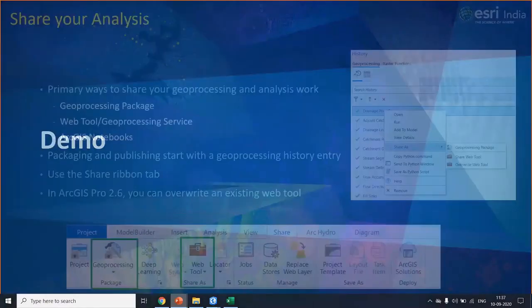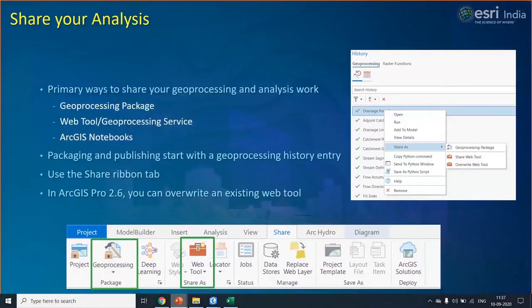Similarly, as I said, you can share the analysis with others as a geoprocessing package, web tool, or geoprocessing service if you have a portal connection or server connection. You can also share your analysis as ArcGIS notebooks, where you can run your Python or Jupyter notebook code directly and share it with others.